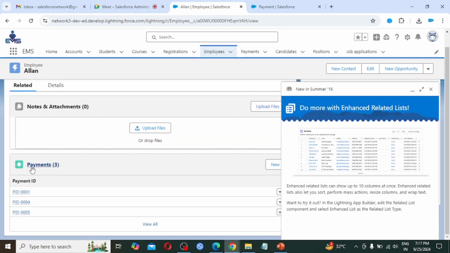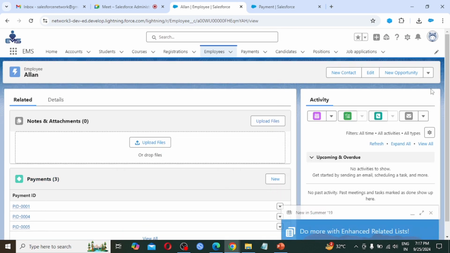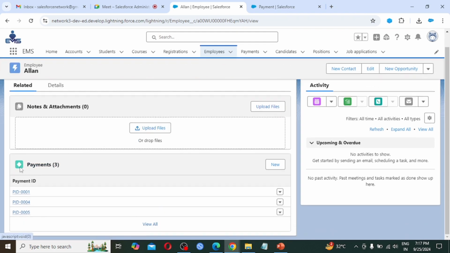So see, this employee Ellen has 3 payments. First payment is with PID 001. Next one is 004. This is for September, this is for October, and this is for November.